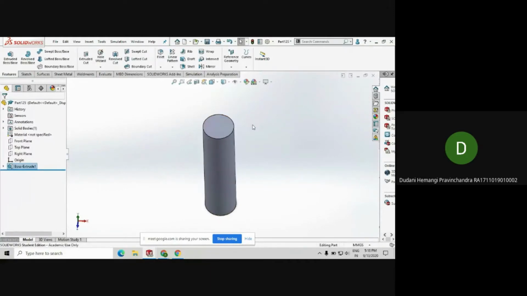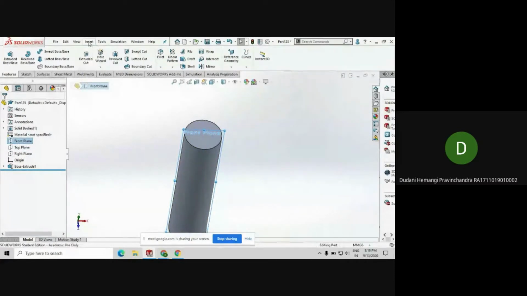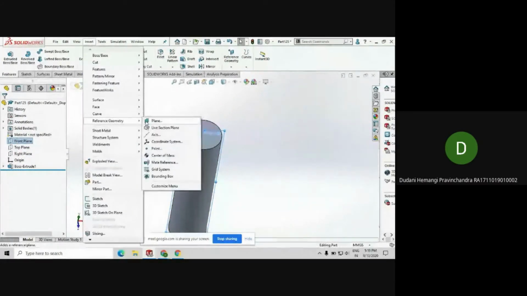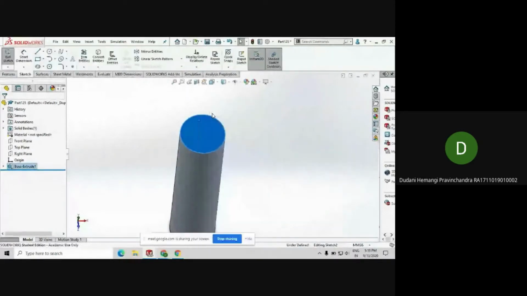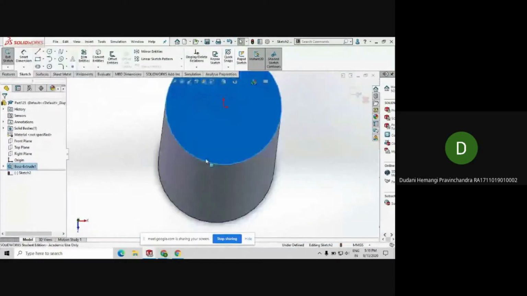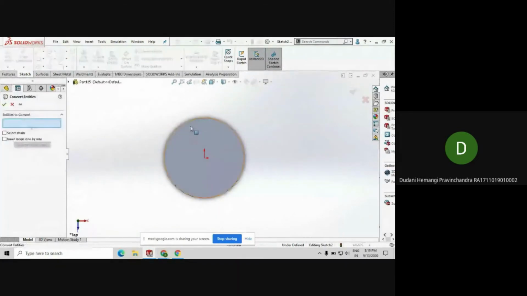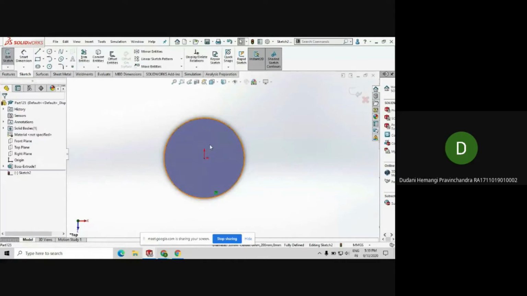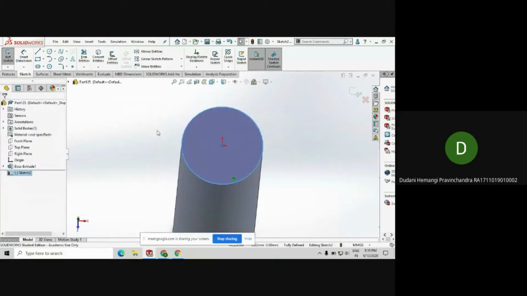Now, if you want to create something else on this body, there are two ways. Either you can choose any of these planes, or you can insert a plane from the reference geometry here, or any of the flat surfaces that you have on the body can also work as a plane. So I can directly go onto this surface and sketch. I don't need to generate a new plane to make a new sketch. One of the important things here is convert entities. I can use convert entities to replicate that shape onto this plane. So now I have this circle on this plane.